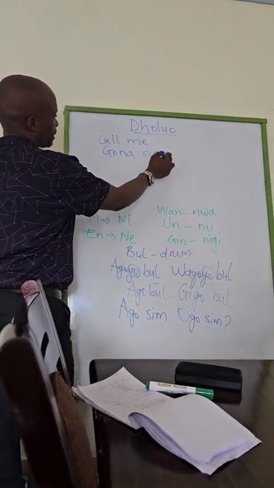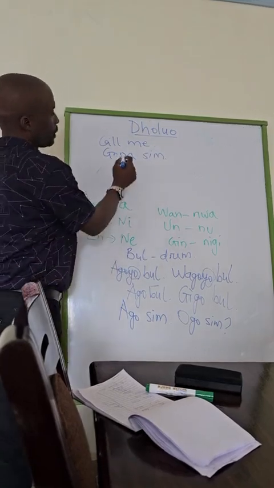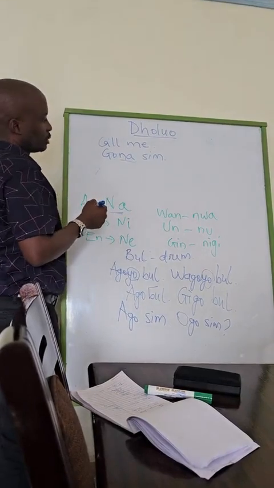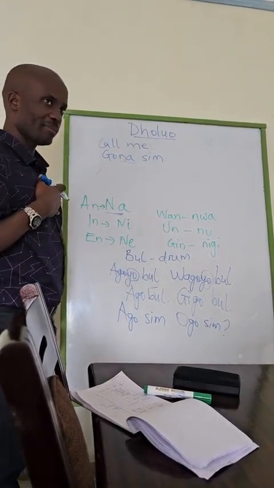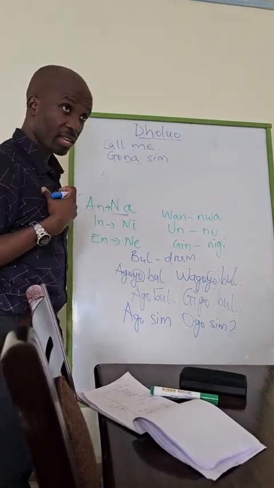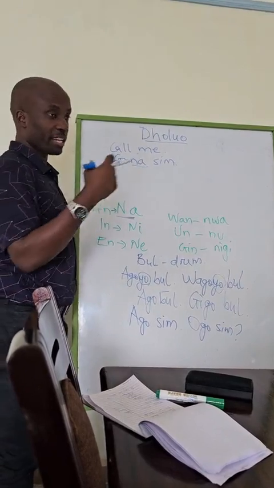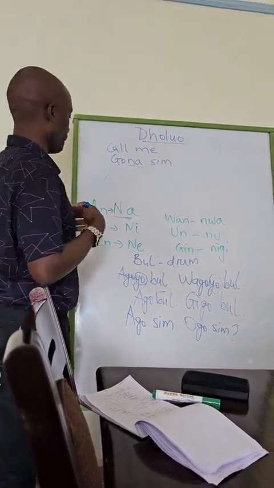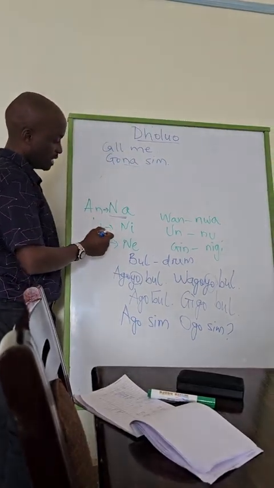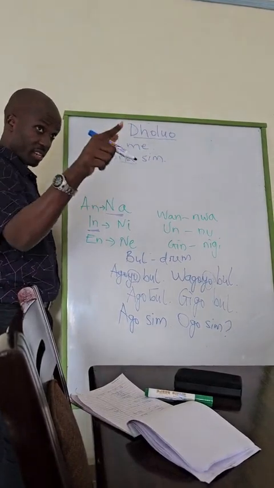Yeah, let's keep it as "gonna sim". So this one we have basically used. Now I had mentioned here: when I say "go sim", I'm calling. But if I'm telling you to call me, "gonna sim", na referring to me. Okay? But when I'm calling you, it is this one, second "ni". When I'm calling you, "ni", okay?